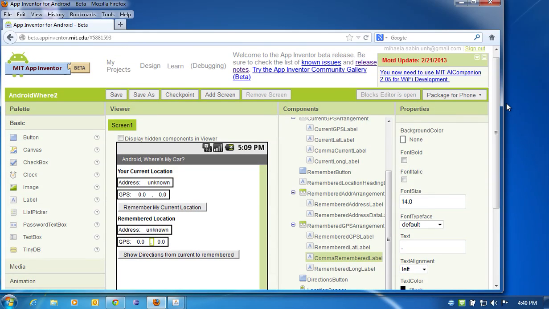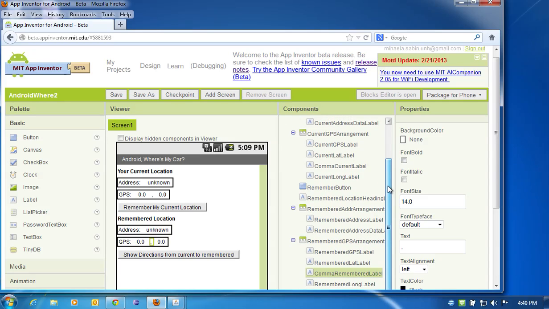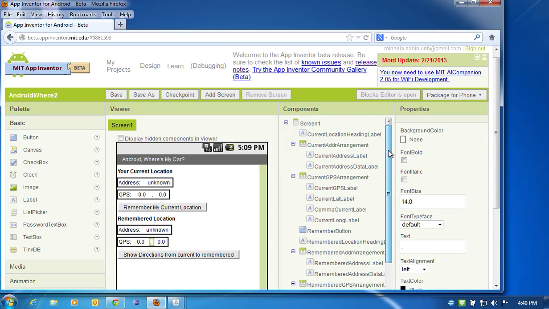AndroidWhere project, I save it as 2 because I made changes to how some of the components are named. The changes reflect similarities between labels related to current location and labels related to remembered location. We see that